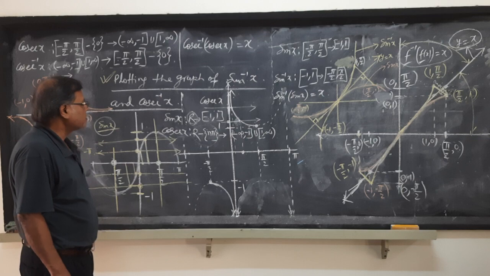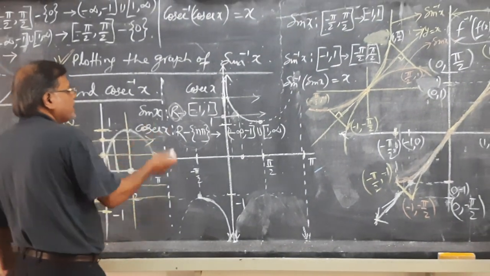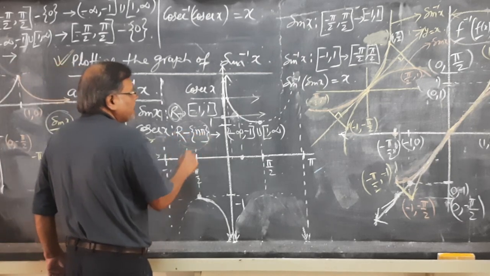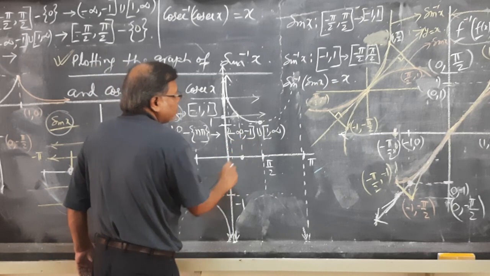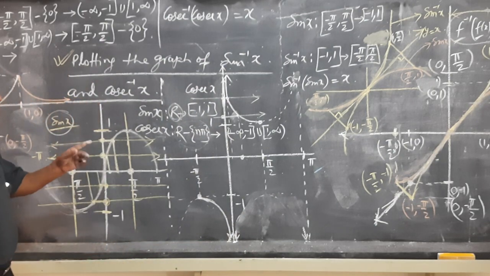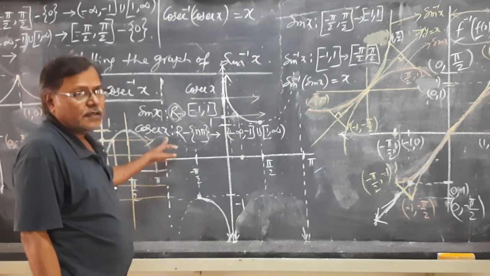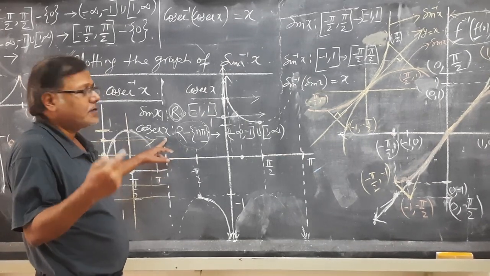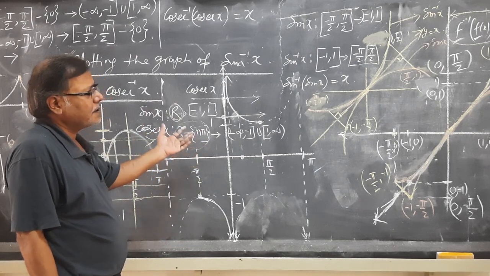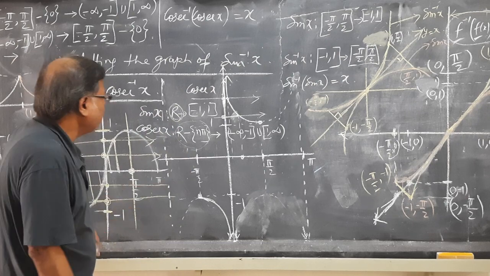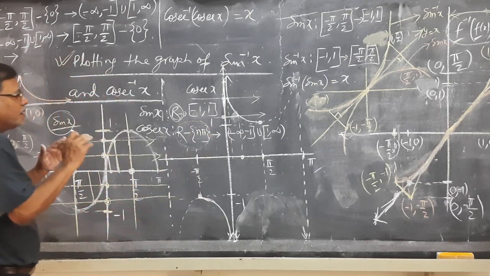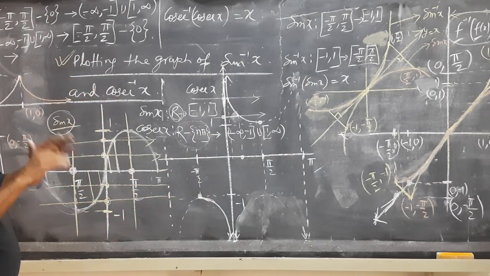Yes. Now let us see for the cosec inverse x. First you focus on the cosec x. This maps R minus n pi into minus infinity to minus 1 union 1 comma infinity. Under this situation, again we are finding that the cosec x is a many one onto function. So in order to plot the graph for the cosec inverse x, you have to restrict again the domain of this one in such a way that it is converted into a one one onto function.